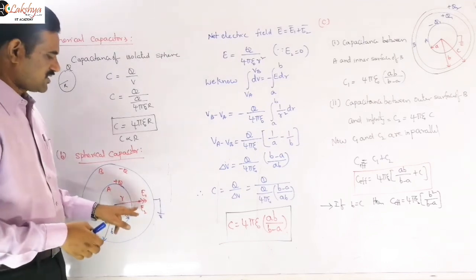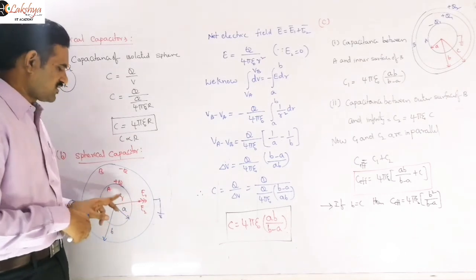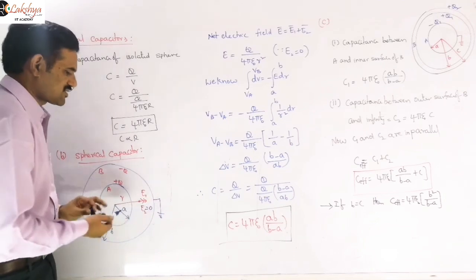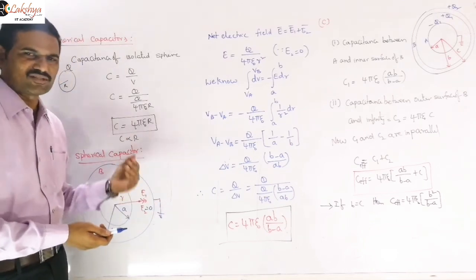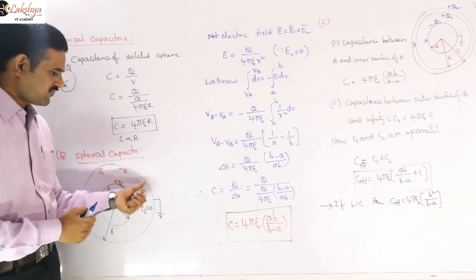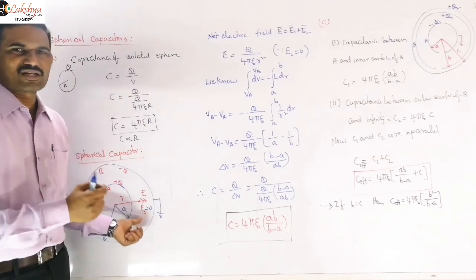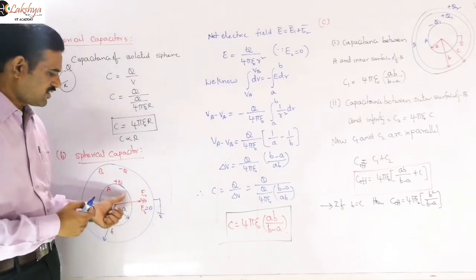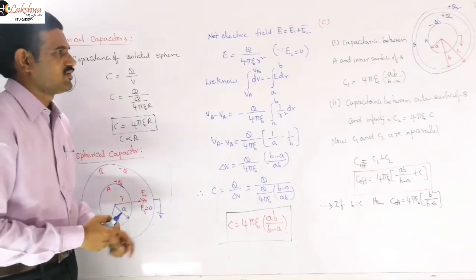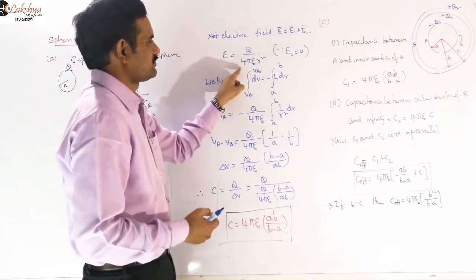Now I am taking the field at this point. This field will be there only due to the inner shell, which we know already. The E2 value will be 0 here. I am taking it as the resultant of the two fields, but E2 will be 0, because for shell B this becomes an internal point, and inside a spherical shell the electric field is 0. So at this point the field is produced by shell A only, and due to shell B it is 0, so E is equal to E1.